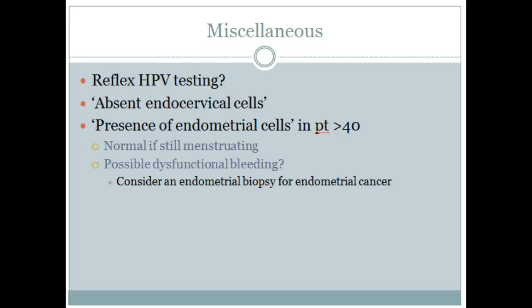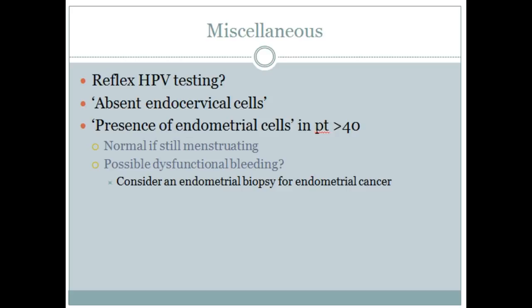HPV typing to see if it's 16 or 18. You might find on your PAP results that it says absent endocervical cells. So usually what you need to look for, when I look at PAP results, I look for two things. It'll say something like adequate sample, and then it will say what the finding was. So if it says adequate sample, no, or adequate sample, absent endocervical cells, or unsatisfactory for evaluation, or transformation zone wasn't present, something like that,